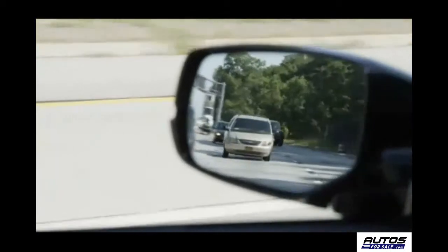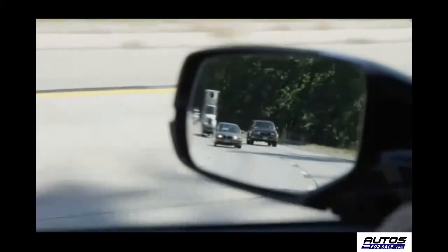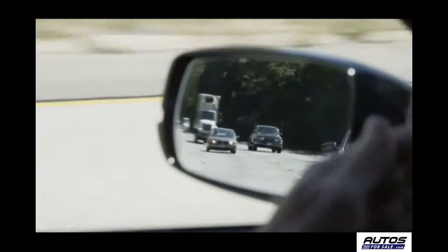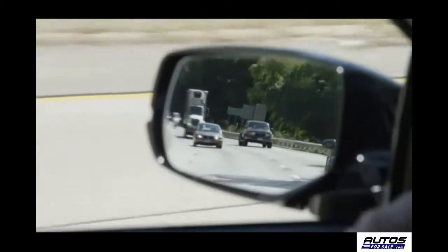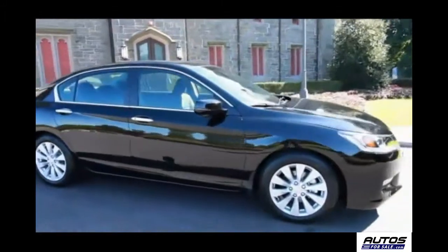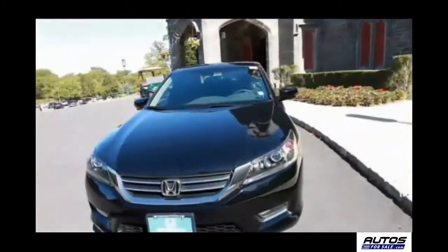Another great safety feature on the new Accord is this sort of bifocal driver's side mirror. About 85% of it is the normal view that you're used to, but the outboard side has a convex shape to it, and what that does is it gives you an extra wide view. It takes a little bit of getting used to, but once that happens, you get to see 2 lanes over to your left-hand side. Taken all together, these systems create a 360-degree safety zone around you, kind of like having a full-time crossing guard